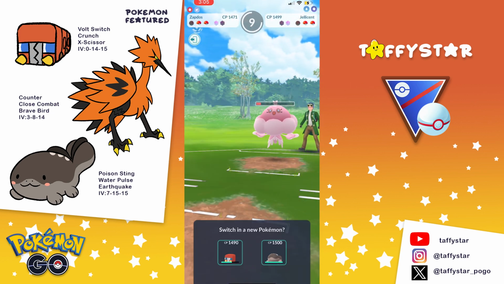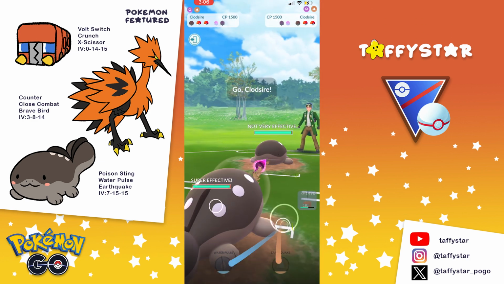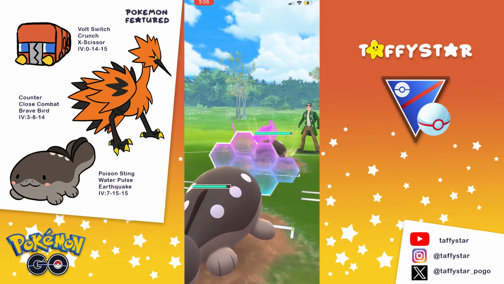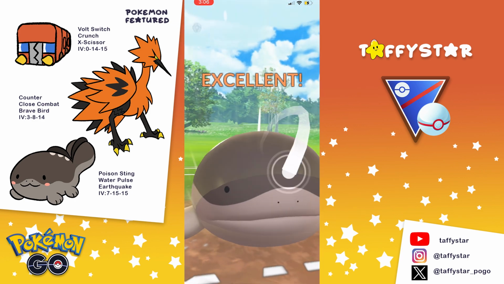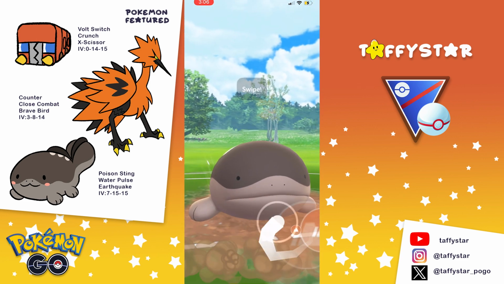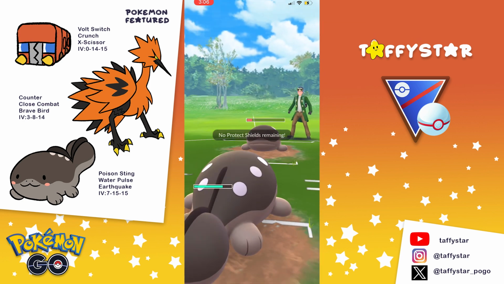They're going to be able to, unfortunately, Hex us down. And my opponent has Clodsire in the back. This is not looking good for us because they have an energy lead. I'm going to go ahead and shield the first one because I have a feeling they're going to go straight for that Earthquake. Now what I'm going to do is go for the Water Pulse and make my opponent think that I don't have Earthquake. And then on the second move, I'm going to throw the Earthquake, take out most of their health, and I'm